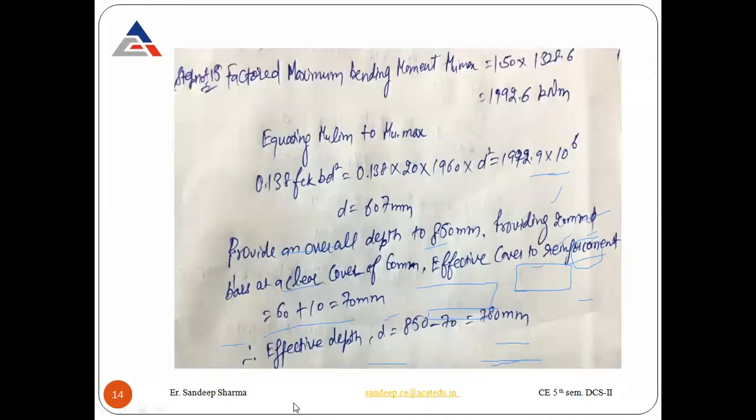So now you can calculate the effective depth with the help of the width of the footing as well as the percentage of the steel and the area of the steel. So for the factored moment, the bending moment we have, this is the maximum hogging moment, that is 28.6, when you multiply it with the partial safety factor. So this is the factored maximum bending moment we have here.